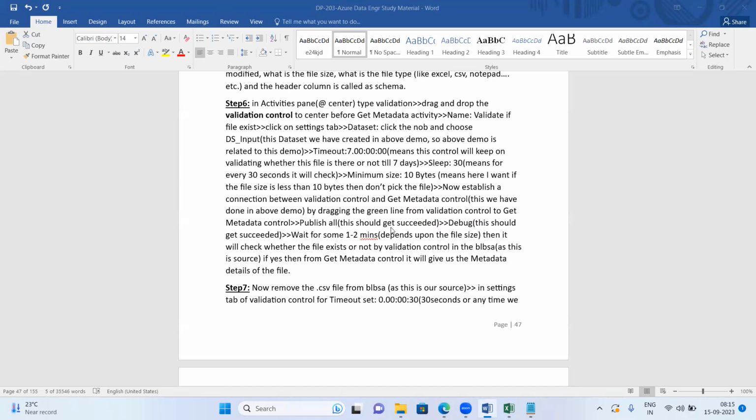Okay, all right. So now we have done this one. The same steps I'm mentioning here. Wait for some 1 to 2 minutes, depends upon the file size. Then it will check whether the file exists or not, the validation control, in the blob storage account. If yes, then from the get metadata control, it will give us the metadata details of the